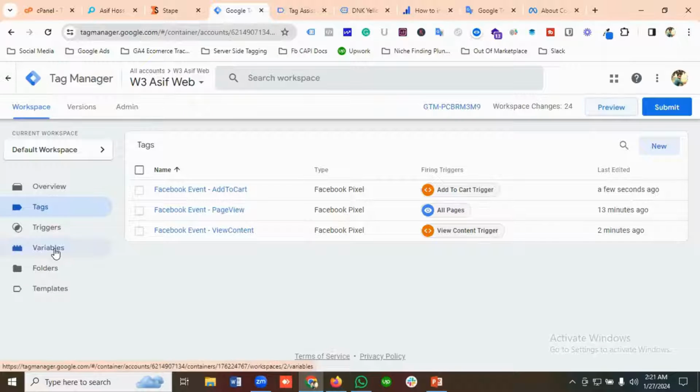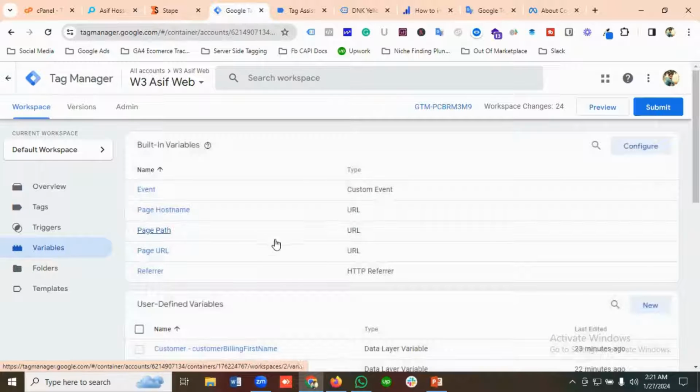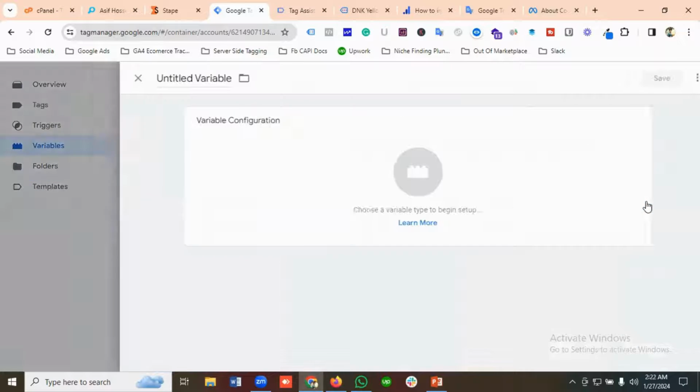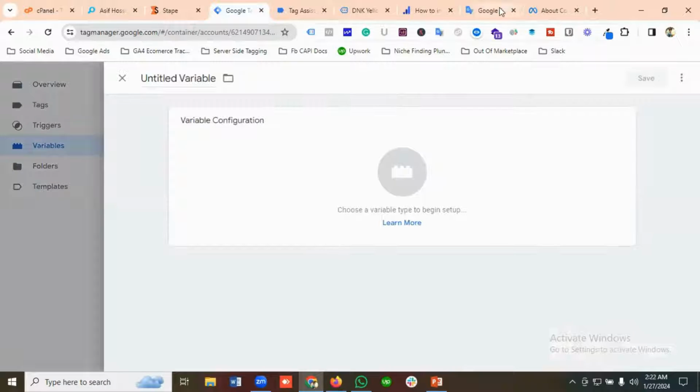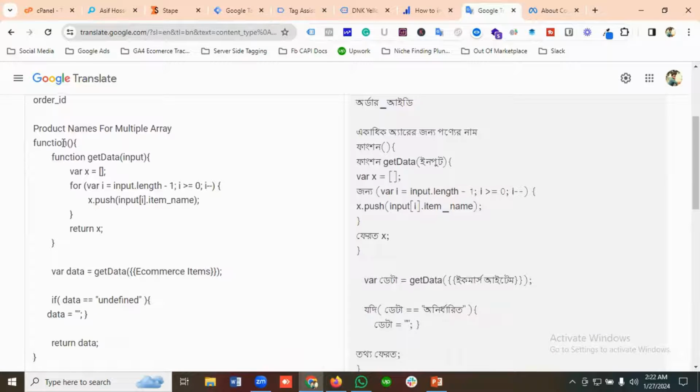For checkout, view cart, and purchase, we need to use multiple schemas, like a person can check out multiple products. So we need to use multiple product arrays for product names and product IDs. We'll be creating some variables for product names and product arrays. So this is for the product name, so I'm going to copy